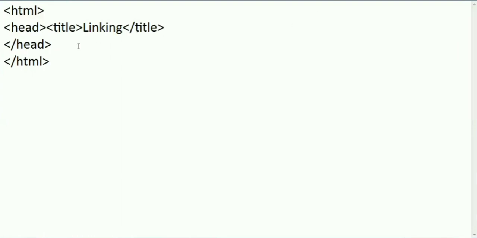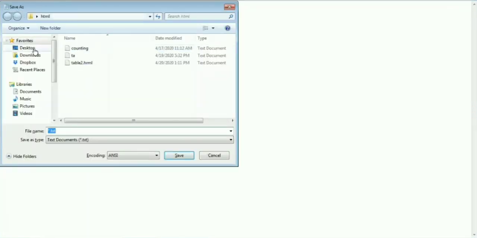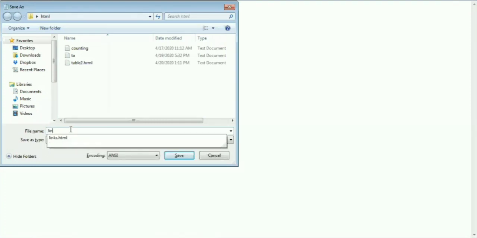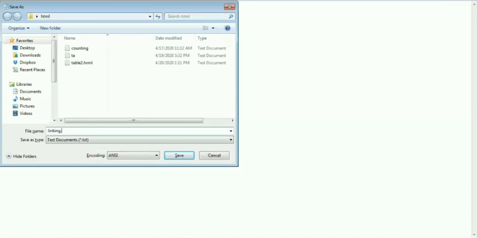Fine. Now what I'm doing here is I'm starting the body tag and closing it as well. Now I'll save my file in a particular HTML folder which I have made on the desktop. So I am saving my file in this particular folder. How to save a file? I need to write here any name like linking. I have written linking.html. You can give the extension .html or .htm,